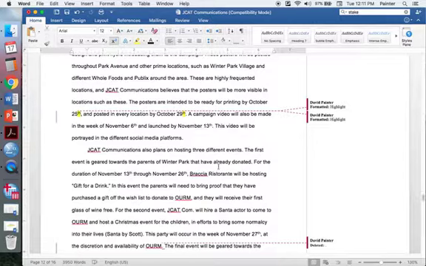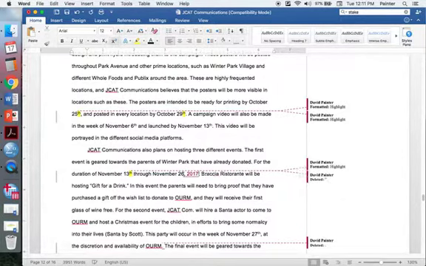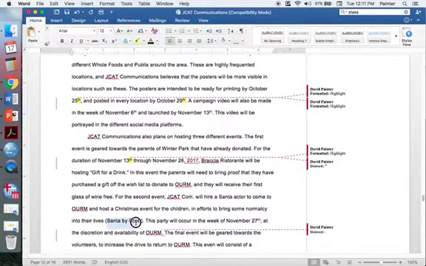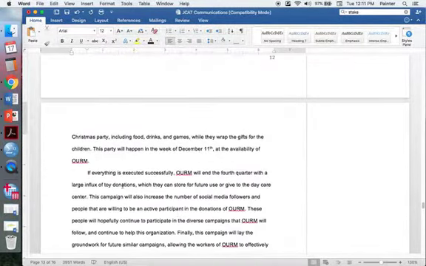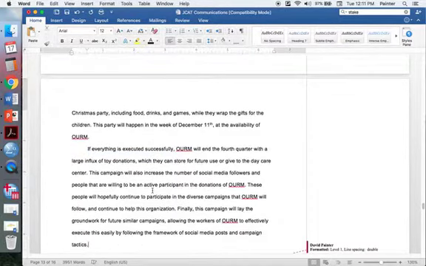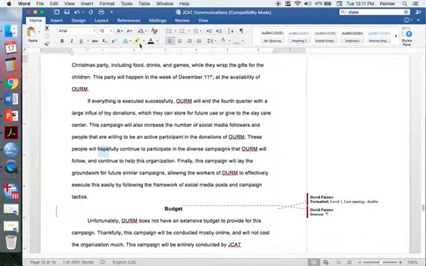Now, so you have a social media strategy and an event strategy, right? And then we have all of these THs, which are wildly inappropriate. November 26, 2017. So this looks good, right? This is a tactic here, a specific type of a specific event. Okay. No, if everything is executed, we'll end the fourth quarter. Get rid of no hope anywhere ever in your paper.